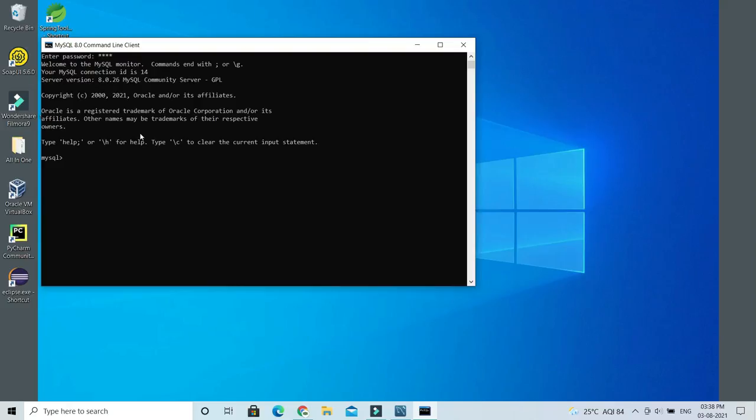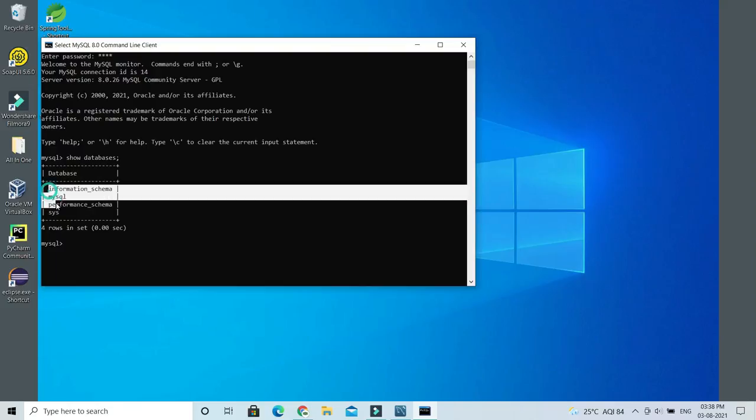Then you'll be connected to your database, and here let me execute one query, show databases, so that it will list all the existing databases, the default databases. Whatever databases exist in MySQL, it is going to list them out.